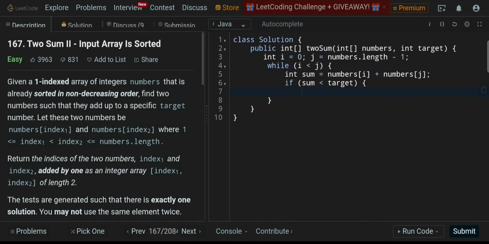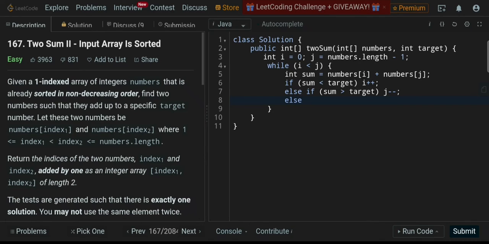So actually no need to waste really space here. Let's just move the left pointer to the right, and else if the sum is larger than the target, then we need to move to the left, which means j--,